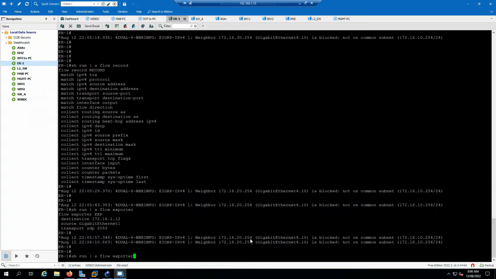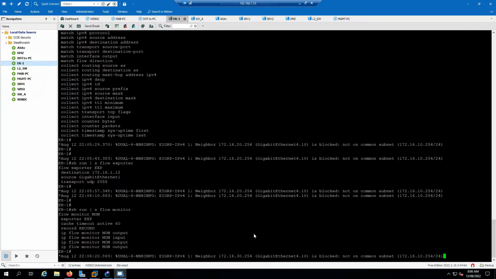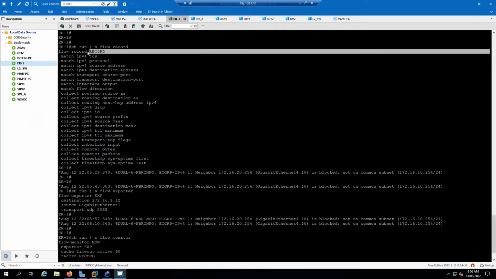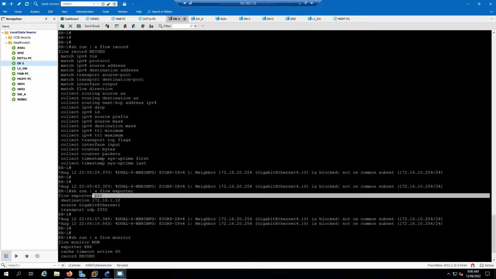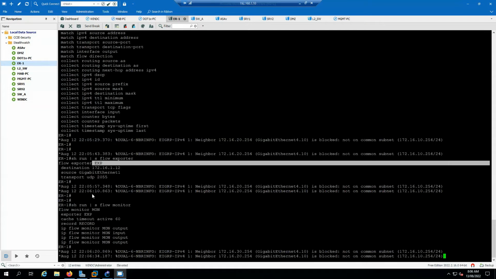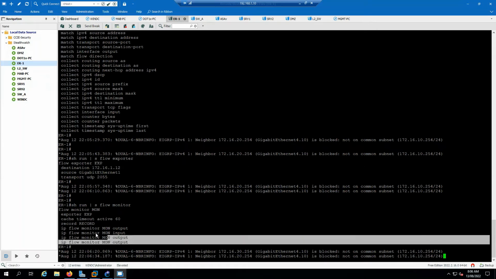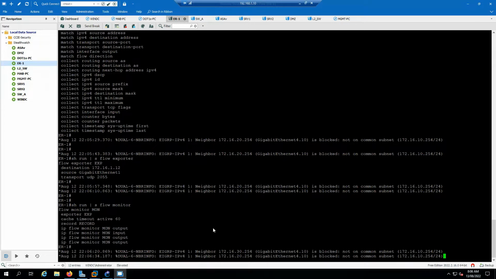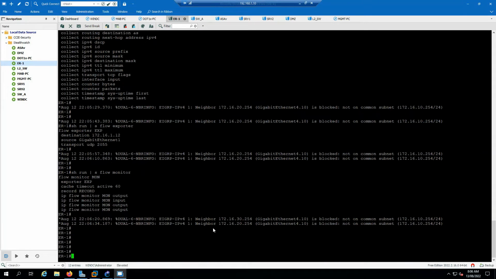traffic. And another thing was I have defined the monitor. Basically, the monitor is monitoring things, it's getting the output from the record. It's taking the details from the records and sending the records to the flow collector. It has the information on what type of traffic it should be collecting and to whom it should be sending. So we have all the information in the monitor, but I did not show you how to apply that one. If I run show run on the gig interface, what is the